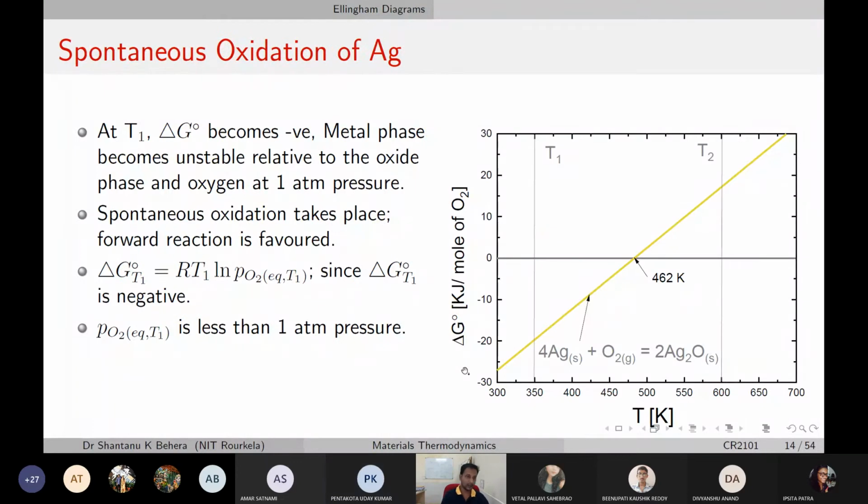Okay, now what would happen if you change the temperature in the silver oxidation? We're taking silver oxidation just as a case in point. You can extend this argument or discussion to any other metals or any other temperatures that you like. So taking this curve, let's consider what would happen for a situation with temperature T1 and temperature T2,